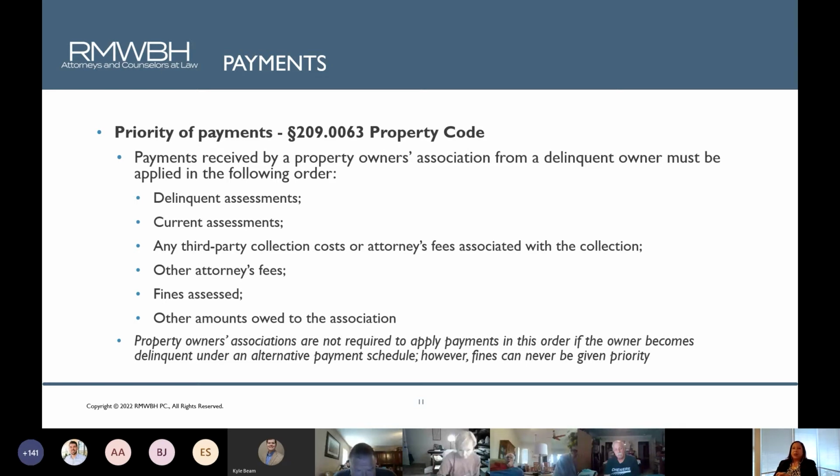So you really need to sit down with, again, your management team, the law firm that you work with, to talk about whether or not it's appropriate to accept that partial payment and actually apply it. Again, the other option is to return it and demand payment in full, or demand that the homeowner enter into a signed and executed payment plan policy that puts them on the hook for making payments towards that entire balance, not just the delinquent assessment.